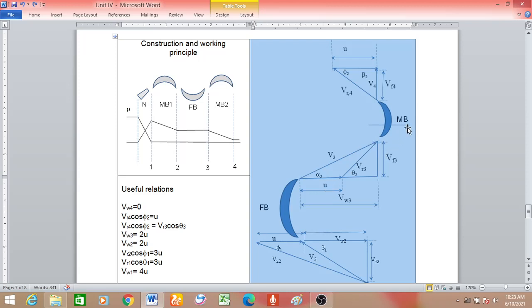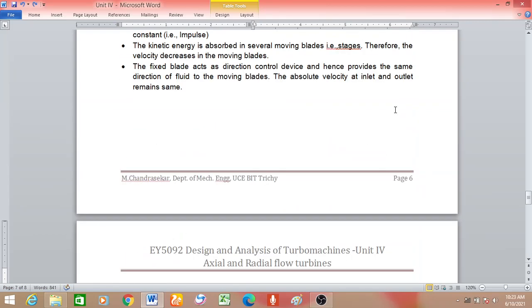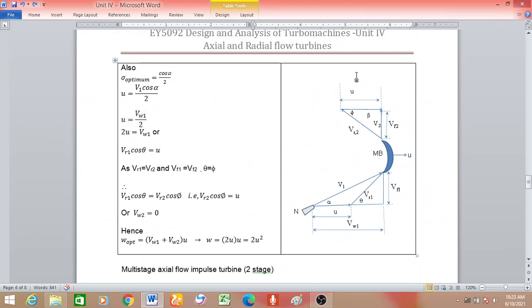Okay. And coming to the outlet of the moving blade, say 4. I have drawn it like this, but it need not be like this. I have drawn it like this because I have directly taken the condition for maximum efficiency. For maximum efficiency, the whirl component at outlet is 0. That is the inference we had while we discussed the single stage. So you see, this is a single stage. Okay, so here the whirl component at outlet is 0. For that we have optimum conditions and maximum blade efficiency.